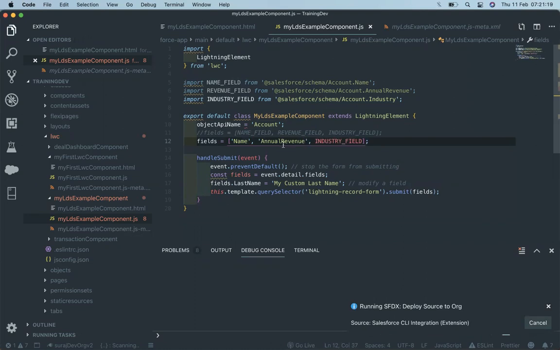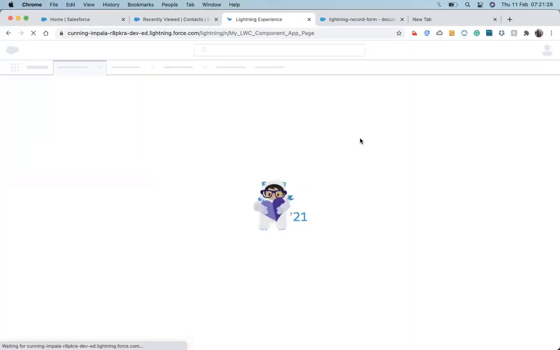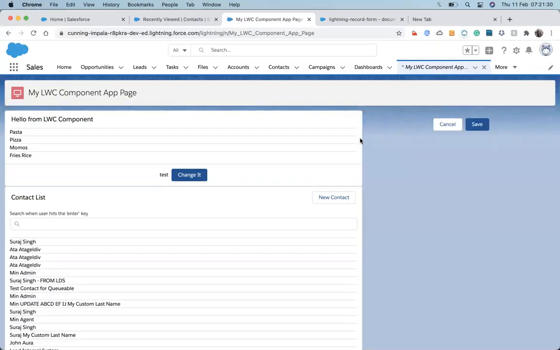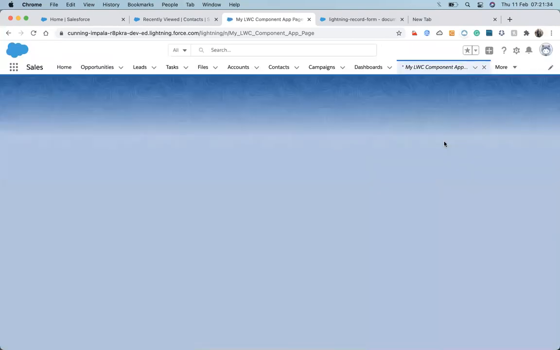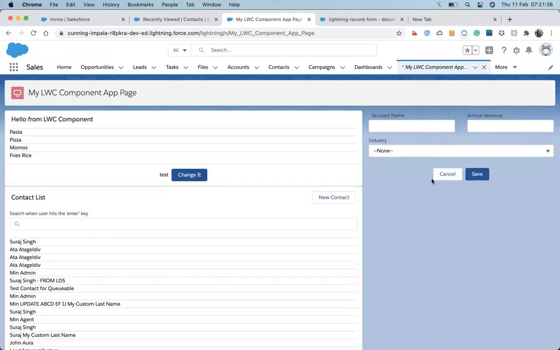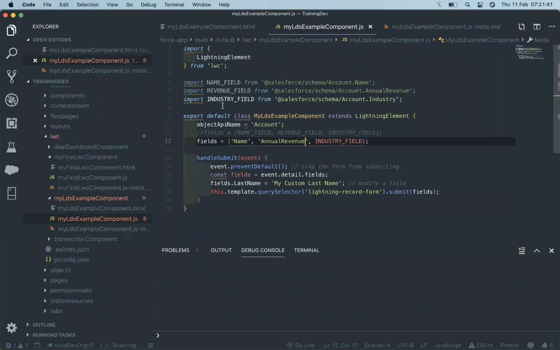I think it's annual revenue or revenue, I don't know, but yeah, you can see it's working fine for both cases. It's just giving a field name. So either we use this method or we directly hard code the names, you can paste them up here.